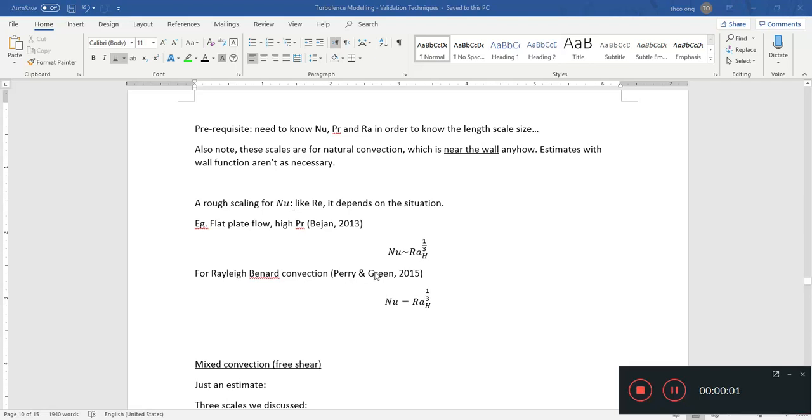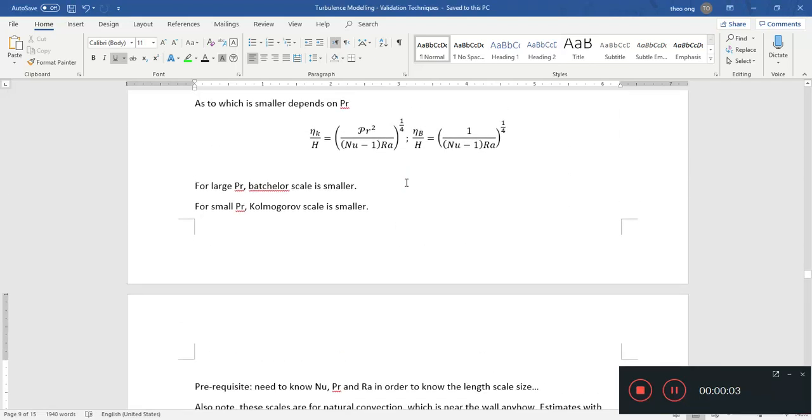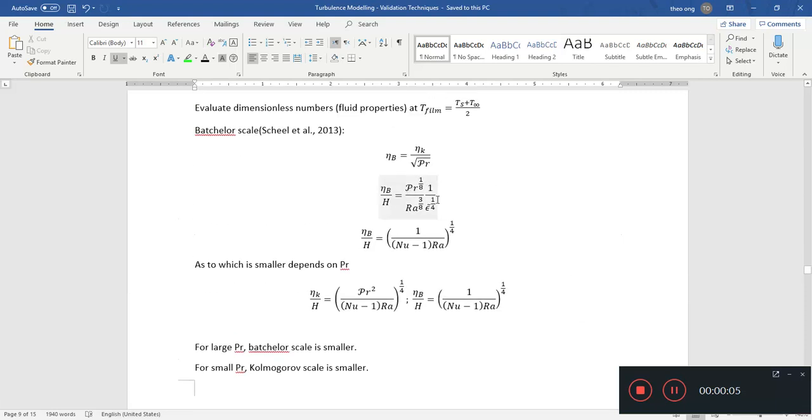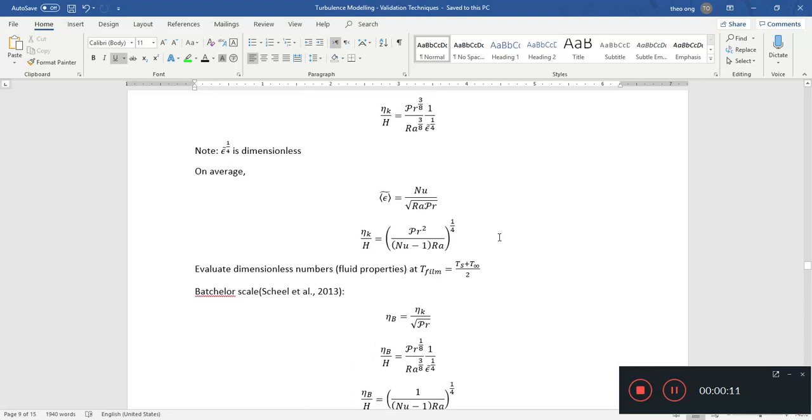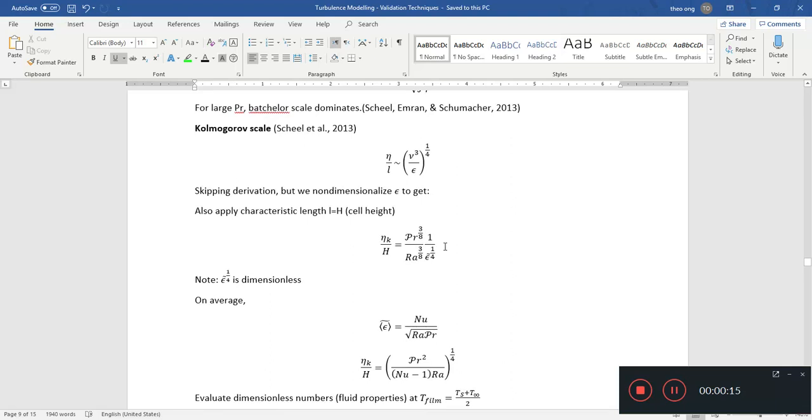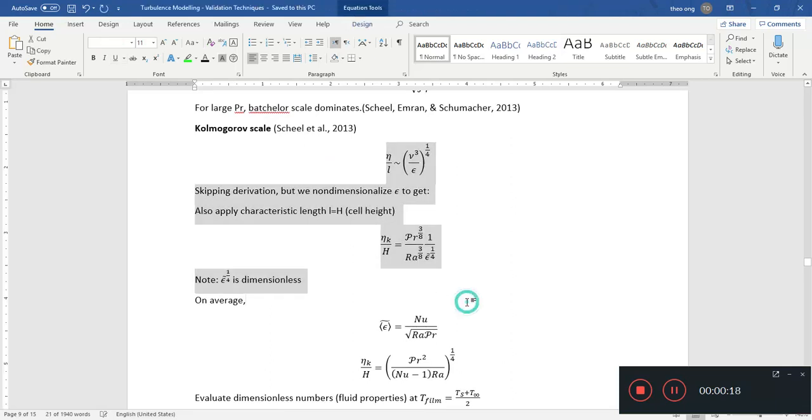Hello everyone, welcome to our video on turbulence modeling. In the last video we talked about some of the smaller scales within natural convection. These are the Batchelor scales. I don't know if I pronounced it right, but basically we talked about how to roughly derive just some